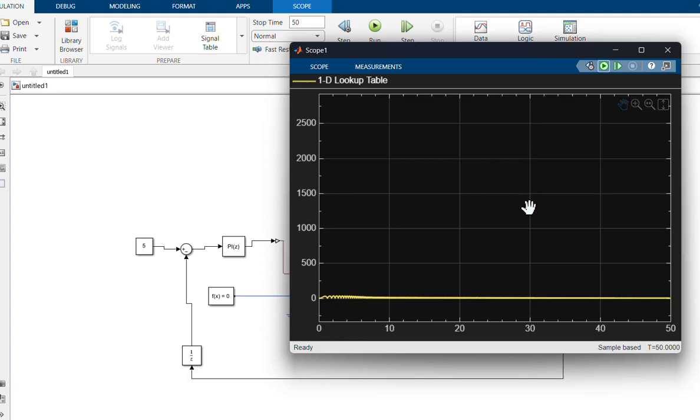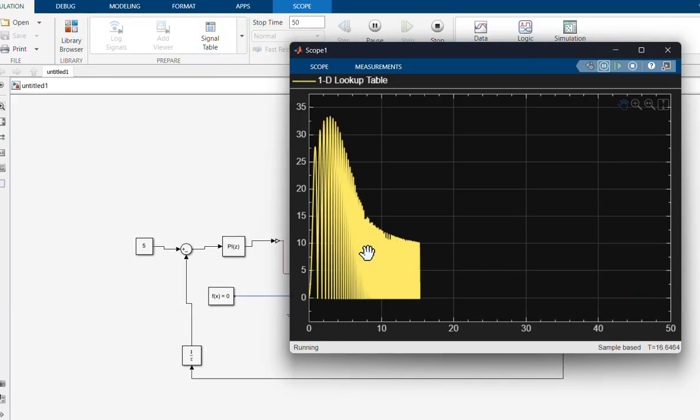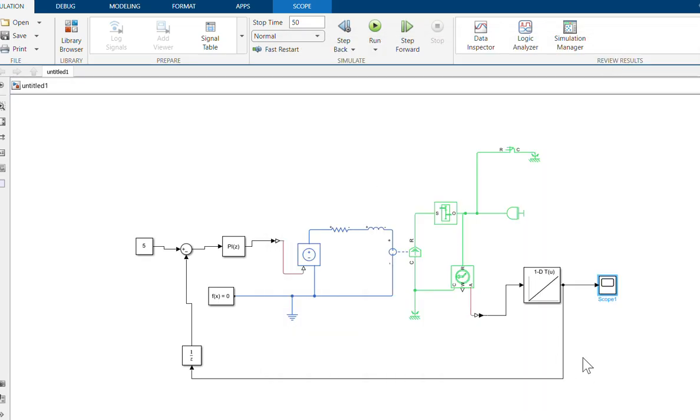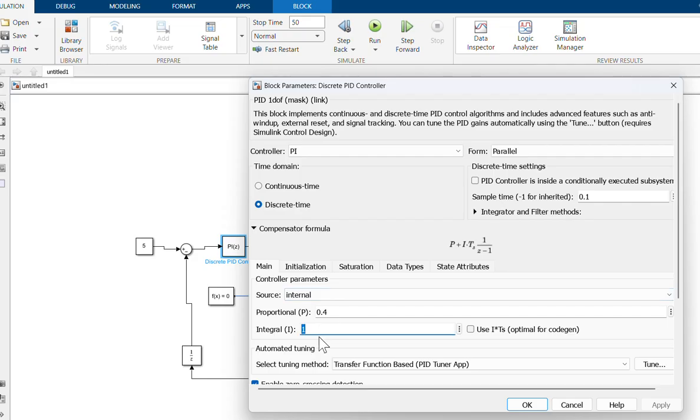Oh, okay, but it goes under the 5. Maybe we just again adjust the integral value again, maybe 0.03.